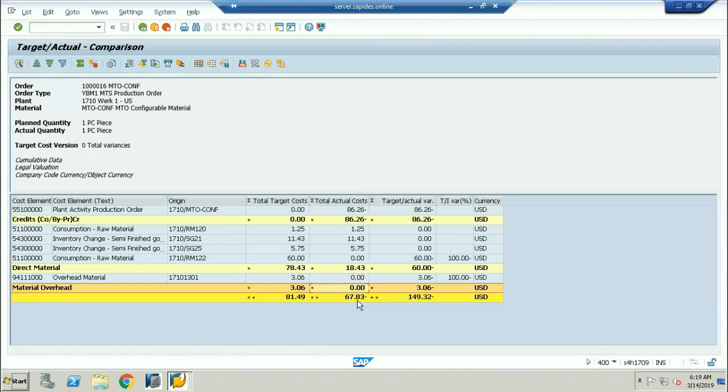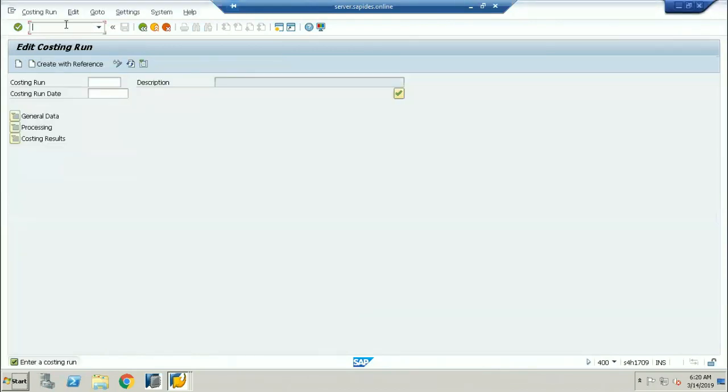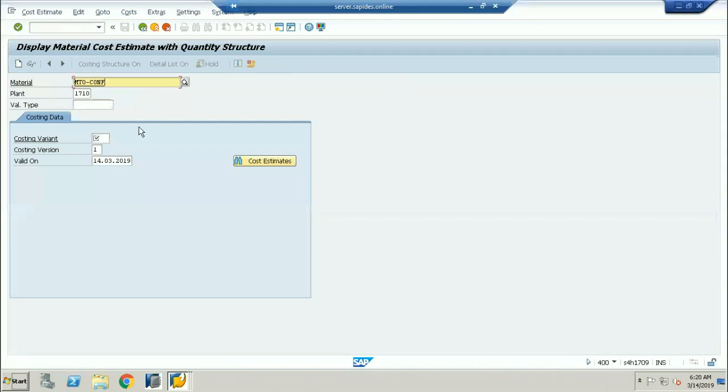Mahesh, during this process, if you want to see the report you're generating, is there any specific report we can see to check that this costing is showing the correct amount? Is there any other report we can generate to see that whatever we entered is showing correctly? We posted those costs, and now we can see in this report that it's reflecting the same.